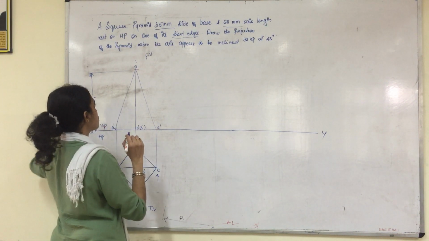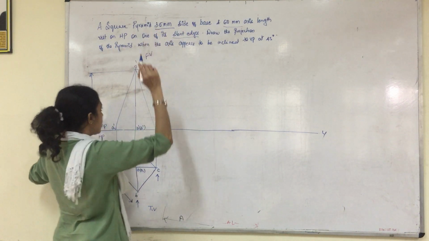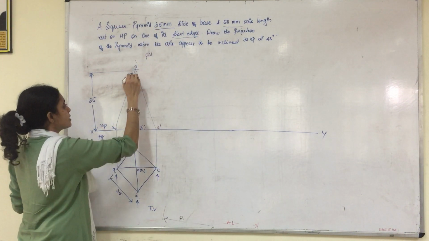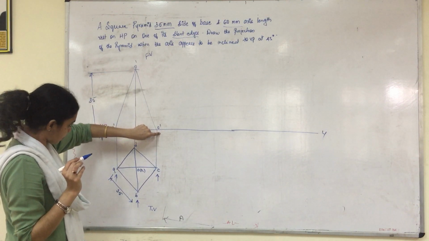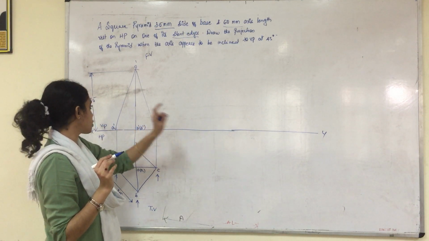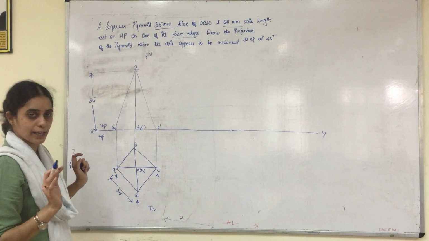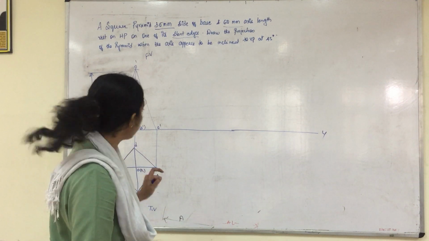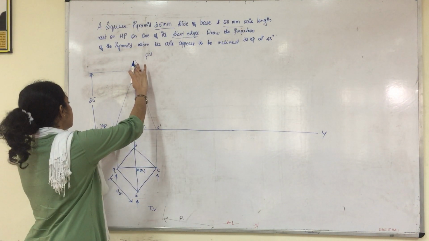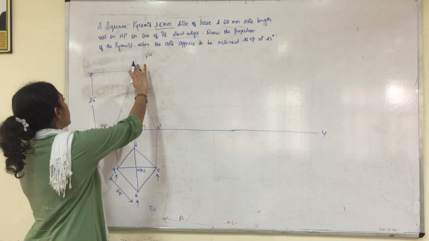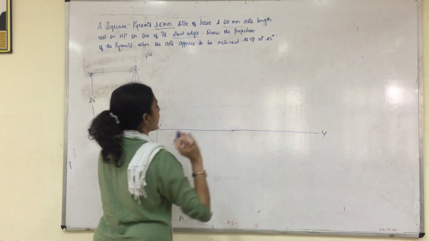So for the second position, it is told that it is resting on one of its slant edges. So this is one slant edge and this is one slant edge. You have to either select O dash to C dash as a slant edge to rest on HP, or O dash and A dash as a slant edge to rest on HP. So you can take any one of it. So if I go with O dash and A dash, so this if I consider as a slant edge resting on HP, then we have to assume this line to be exactly on our XY plane.